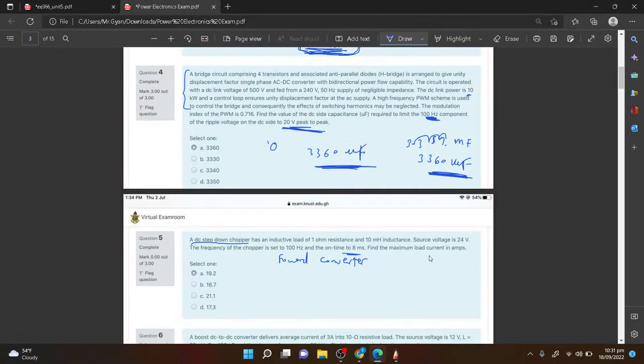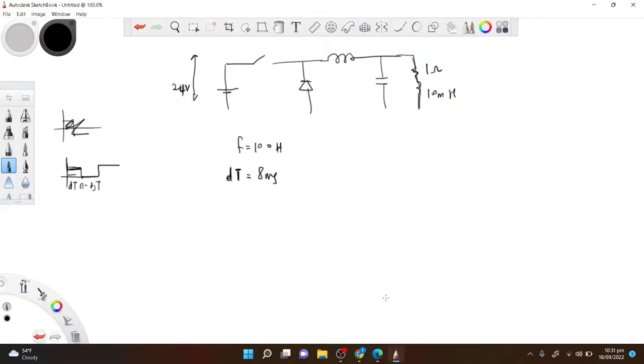All right, find the maximum load current. So the load current is what, this, IL mean, right? So we're supposed to find the peak value of the load current. So let's find the load current. Actually, we know that